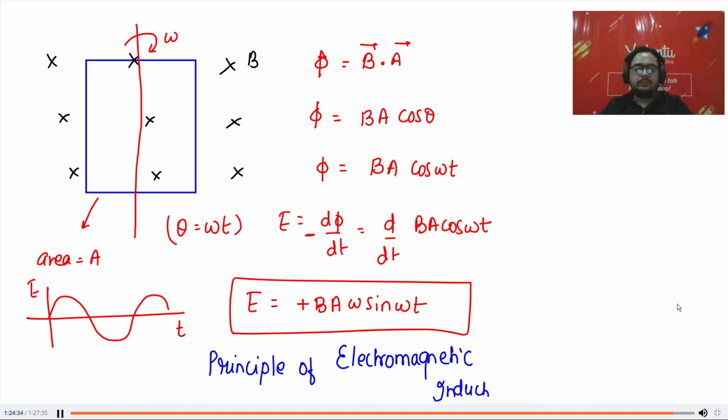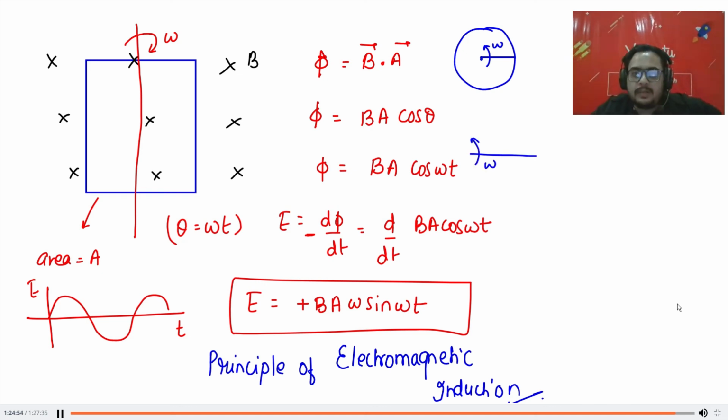How, sir? Okay, so Likita, please try to understand this. If someone is rotating with omega, how much angle will it cover in t time? If this rod is rotating with omega, how much angle will it cover in t time? I hope you have studied circular motion. How much angle will it cover in t time? I am asking you. Omega t. So that is our answer.